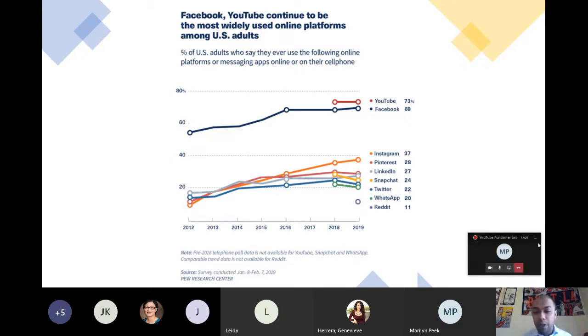Snapchat is a lot lower on that rankings list, but YouTube is still maintaining a solid close to 75% mark. So what this graph tells us is that almost 3 out of 4 adults who use online platforms are using YouTube regularly. And that's huge, right? 3 out of 4 people is a great number.